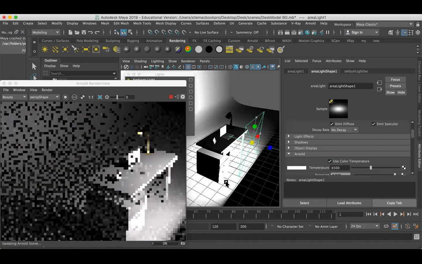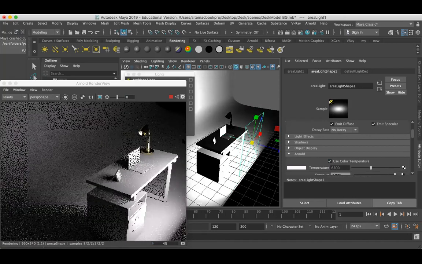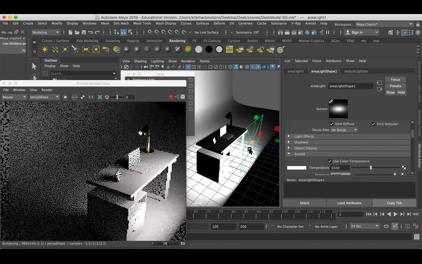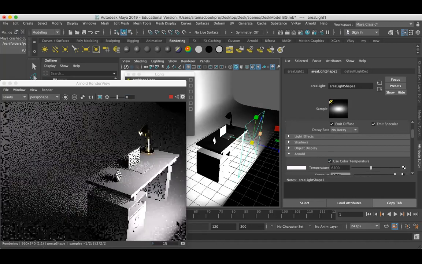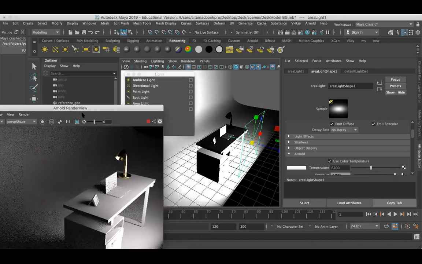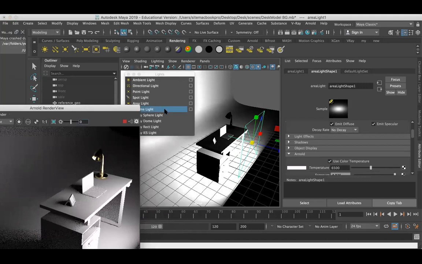Now you can see the intensity matters when I scale down or scale up the area light. But I always prefer to go with the area light of Arnold.